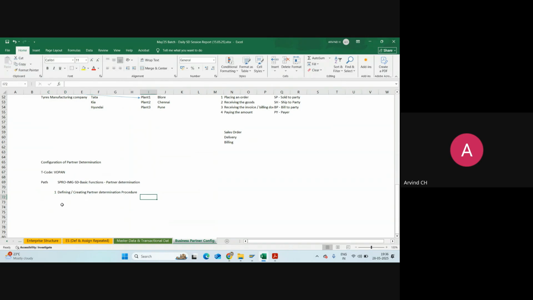Think that I am giving the partner determination procedure the same name, AC28. And within this procedure, maintain or you can say assign partner functions,